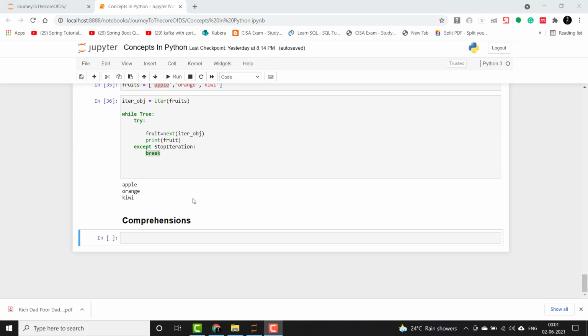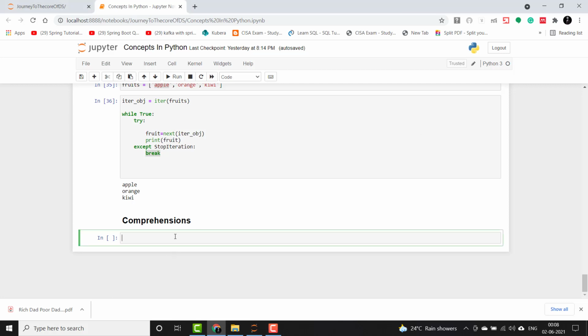So comprehensions in Python provide us with a short and concise way of constructing new sequences, like list, set, dictionary, etc., using sequences which have already been defined. Okay, and we will be seeing list and dictionary comprehensions for now, as those two are the most used ones. Now let me give you an example of how we write loops using normal for and how to convert it to list comprehensions. So we will be creating a list of square values of the numbers 1 to 9 first using normal for loop, and then converting it to the list comprehension way of doing it.